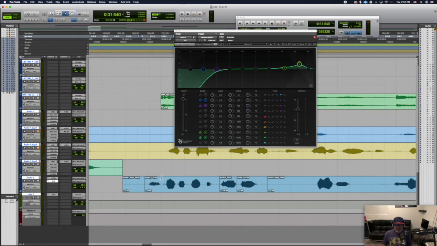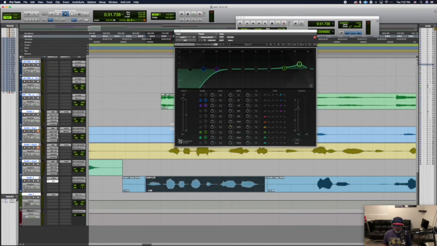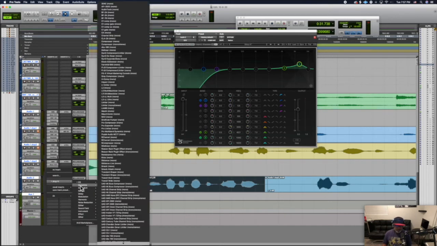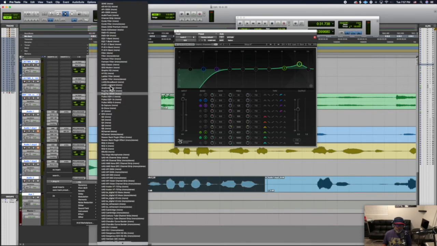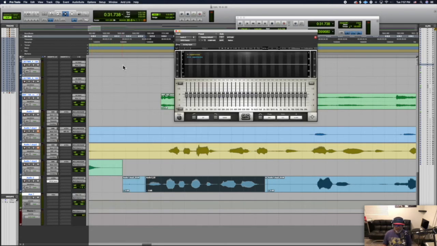Let's just leave it like that. Let's get rid of that EQ and go to a graphic EQ so you can kind of see. This also doesn't come with Pro Tools, something you have to buy. Also at Waves, I believe. But when I play it now,